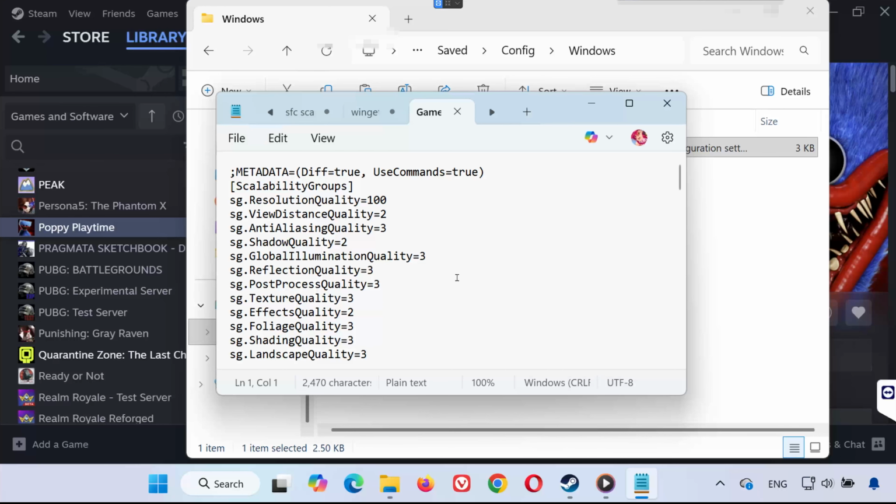And that's it. Now you know exactly where to find both your save files and config settings for Poppy Playtime